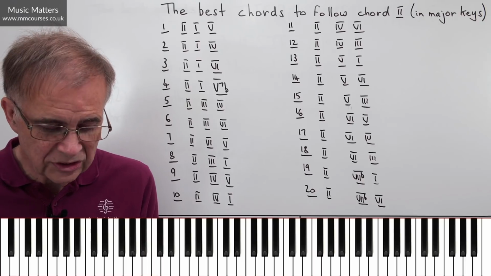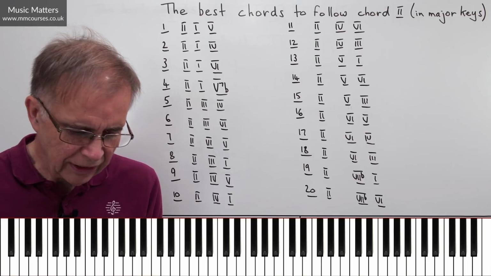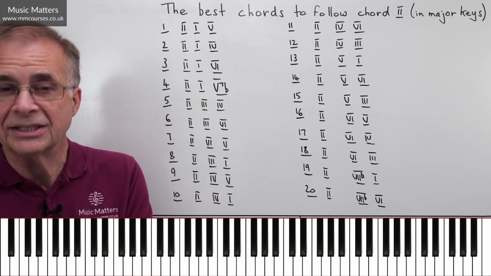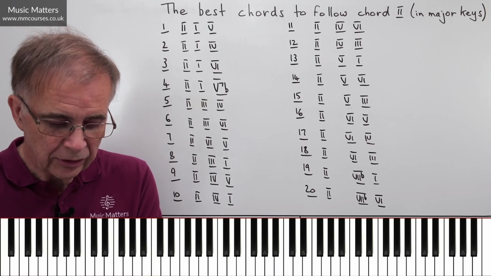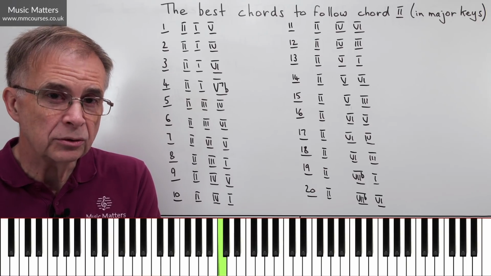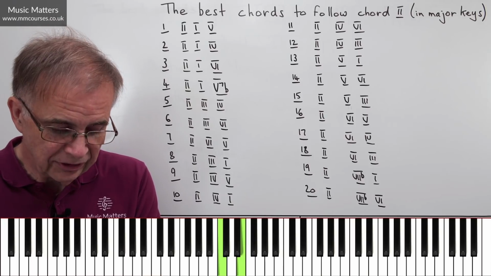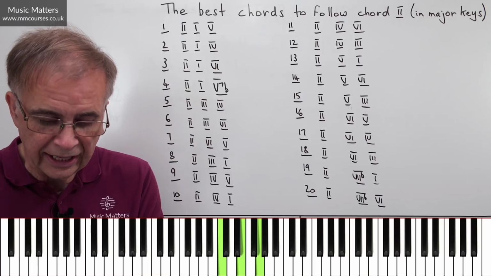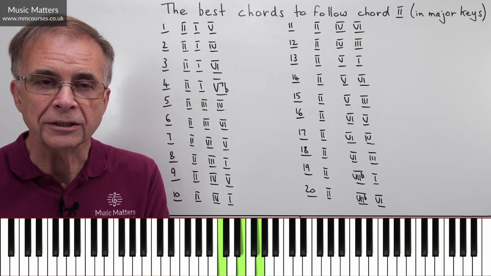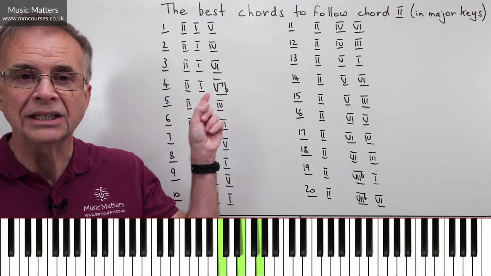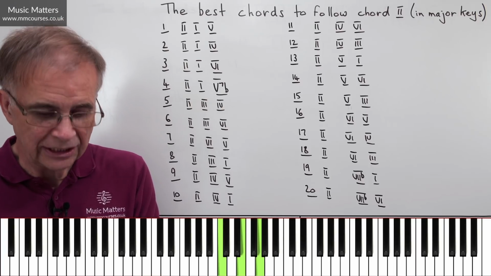To form our chords, we have a root, a third, and a fifth. What do I mean by that? The first note of the scale of C major is C, and so C is the root of chord 1. If I start with C and then count up to a third above it, 1, 2, 3, that gives me E. And if I find a fifth above it, 1, 2, 3, 4, 5, that gives me G. So C, E, G is chord 1. We know we're talking about chords when we see Roman numerals. That's always the way we indicate chords.